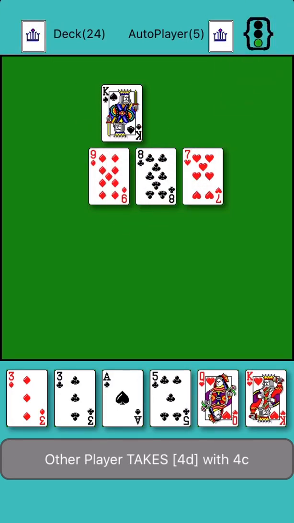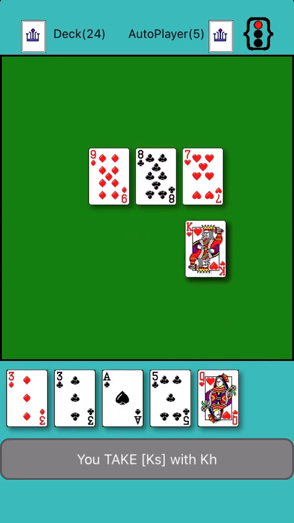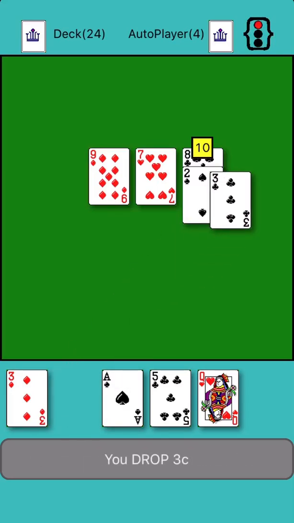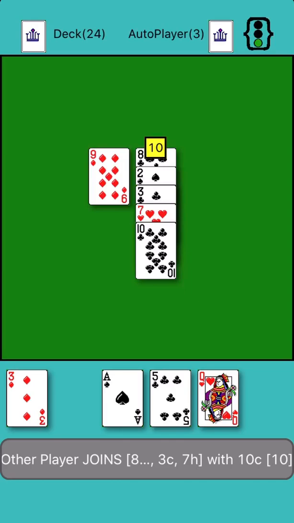What we'll do here is we'll take that king. So that was a 10 right there. So I know he will do his best to take that 10. And so